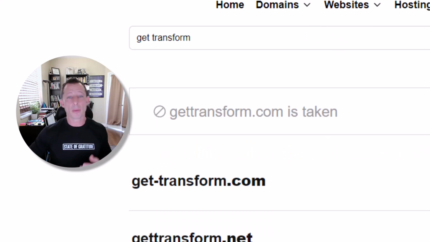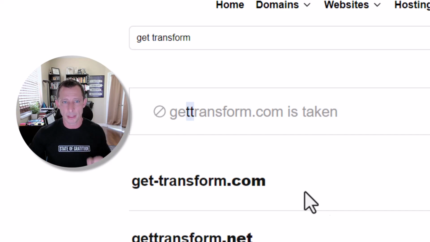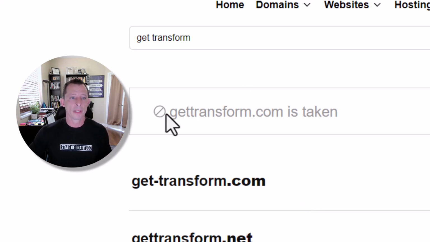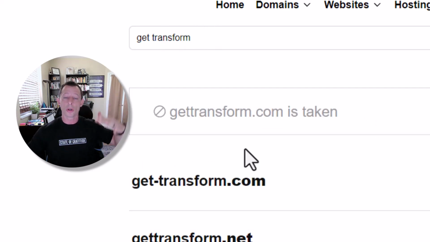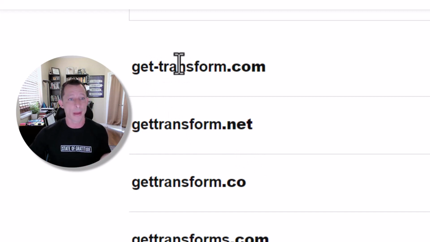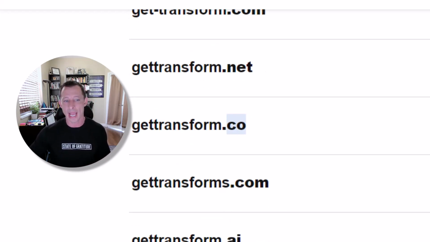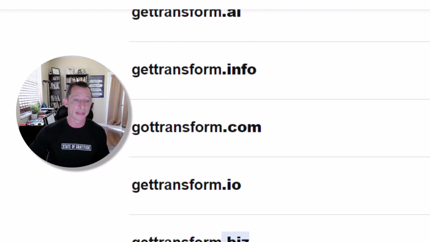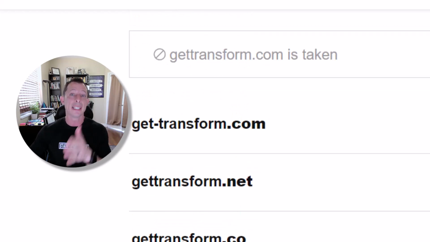Let's take a look. And by the way, it's also good not to do double letters like this. I think that's just sometimes could mess people up a little bit. Just keep that in mind. But you can see it is taken. So if the domain you're looking for is taken, what do you do? You just go back to the search and look for something else. You can also scroll down and you can see there's other variations. You'll see that if you put a dash, that may make the domain available. Remember, if you put a dash, people have to put the dash or it won't work, okay? You've also got .nets and .cos and .ai and .info, .biz. So there are a lot of other extensions that you can use.